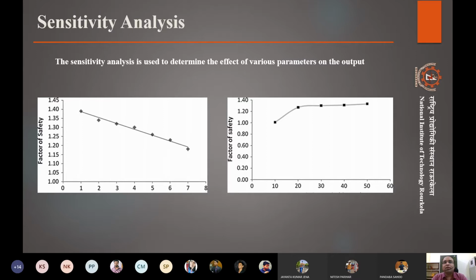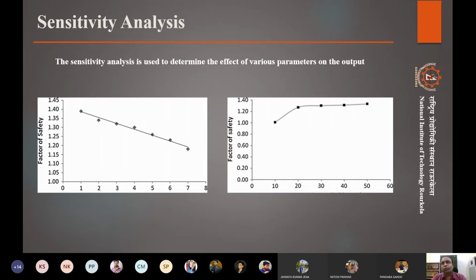However, what happens if there are many factors that are affecting any condition? Suppose a slope stability condition, like we were seeing in so many examples, right? In a slope stability condition, there are so many factors that are affecting. I think most of you have attended those rock slope stability lectures. So you know which factors are affecting, like what is the geometry, what is the angle of inclination, what are the properties of rock, how much cohesion is there, how much friction is there. So many properties are actually affecting the overall slope stability.